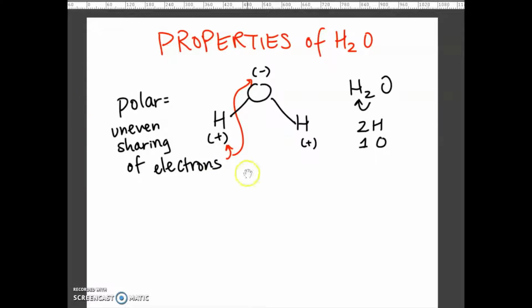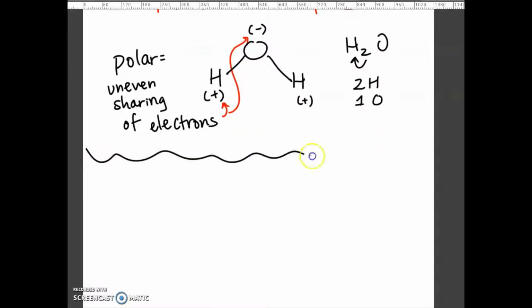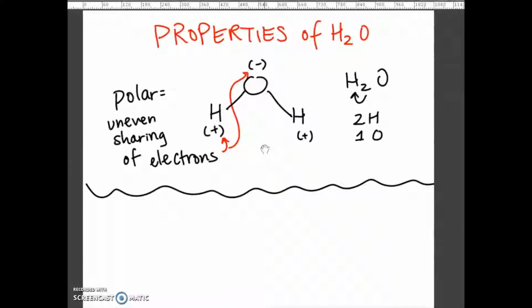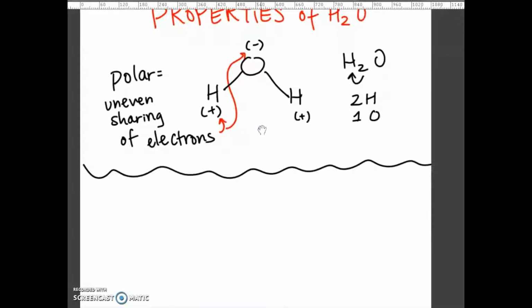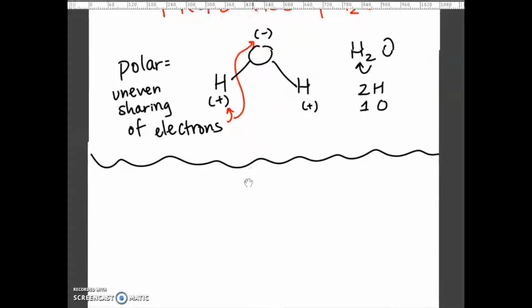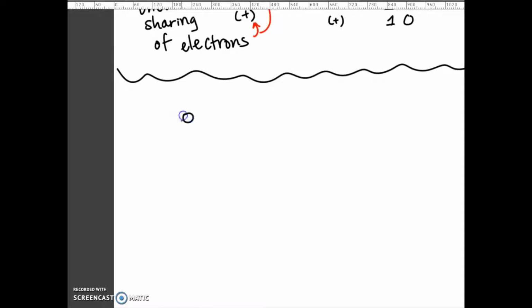Okay, so because water is polar, because it has positive and negative sides, it allows water to interact with a lot of other positives and negatives. Because if you'll remember, the positives on the water here can interact with negatives on other water molecules, but also with other things. So when water is going to interact with another water molecule,